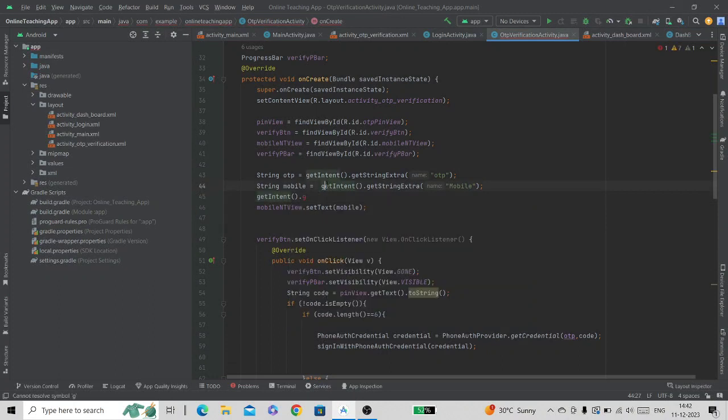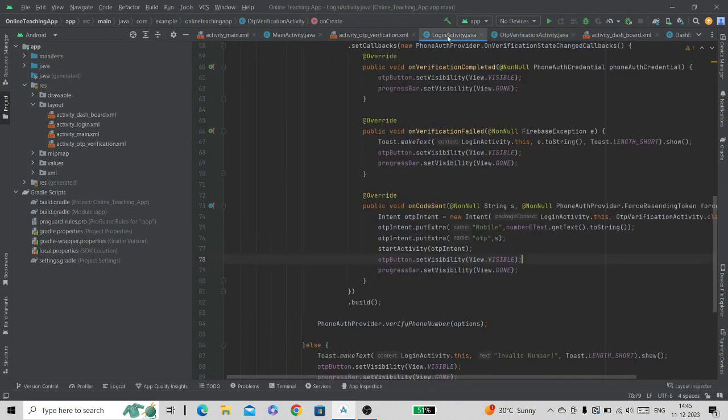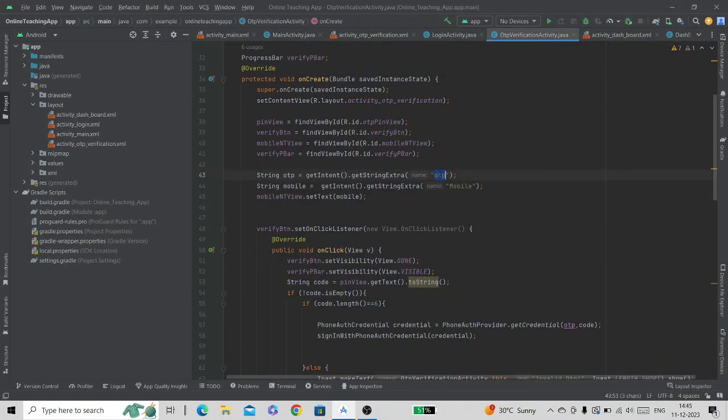Here we have retrieved the string data which we passed from the previous activity. Now inside the brackets of this getStringExtra method we need to pass the key which we gave in the putExtra method of the previous activity. Instead of writing the key manually here, copying the key from the previous activity and pasting it here is preferred, because if any letter changes from small to capital, it will not be able to retrieve the data from the previous putExtra method. That's why copying the key name from the previous activity and pasting it into the current activity is preferred. So this is how we use putExtra and getExtra methods.